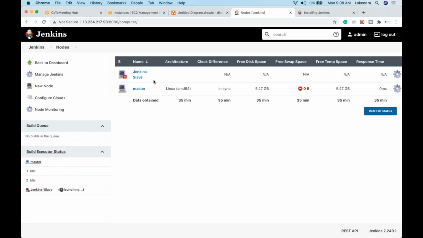So guys, what happened here? Obviously there is a particular server here, the Jenkins slave. But it says clock difference not available, free disk space not available, free swap space not available, free temp space not available, everything. It means there's a red cross mark here. What does it mean? It means that this server is not online now.